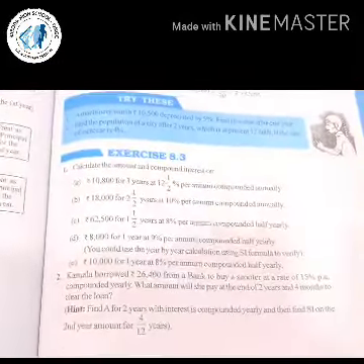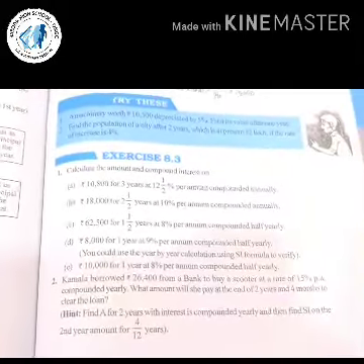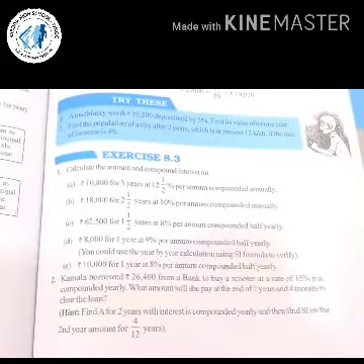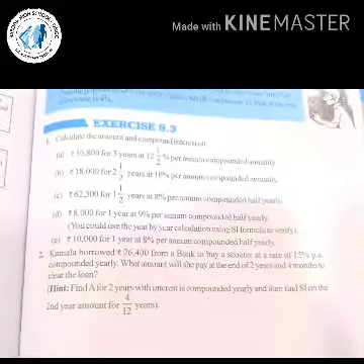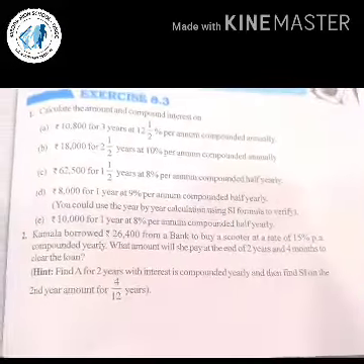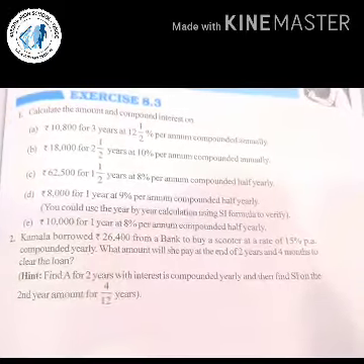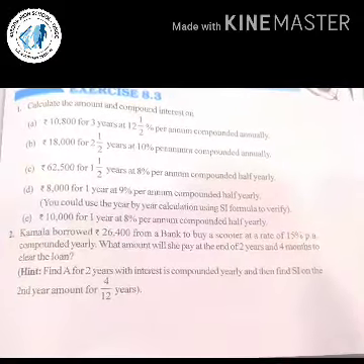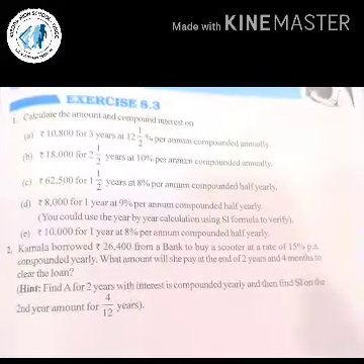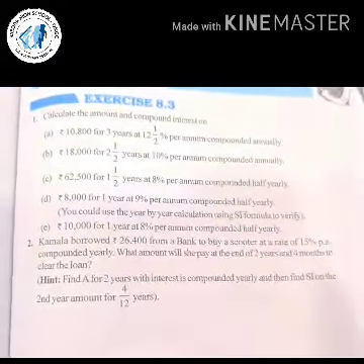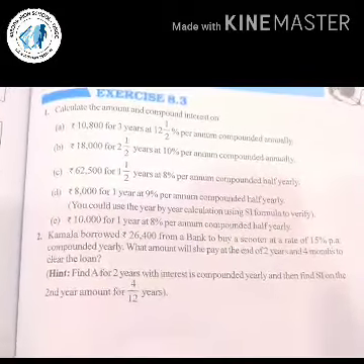Students, I want you to try the exercise once. It is just substitution. There is nothing that you have to think about how to do, or any challenge. Only in the second sum, after you do the substitution and find out A with the formula of compound interest, then another thing is you have to find out simple interest for these 4 months, and you have to add it to the previous amount. So this is the only new thing in your second sum.